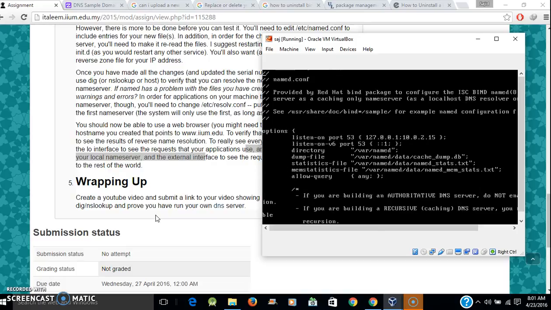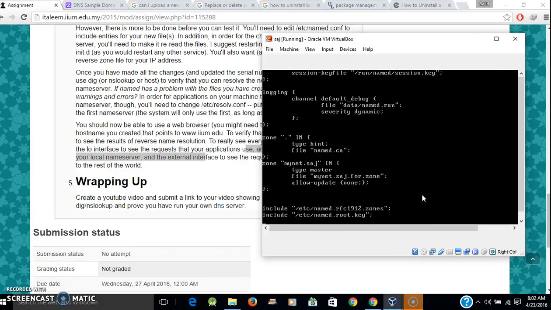Let me show you guys what I edited. If we go down, as you remember, I made this file mynet.saj forward.zone. So this is the file I had to add an entry for over here. If you add the entry and exit,